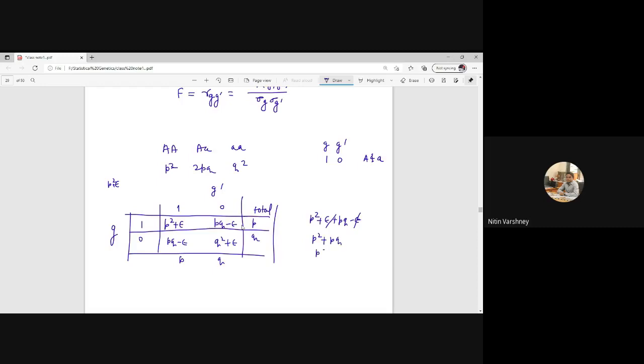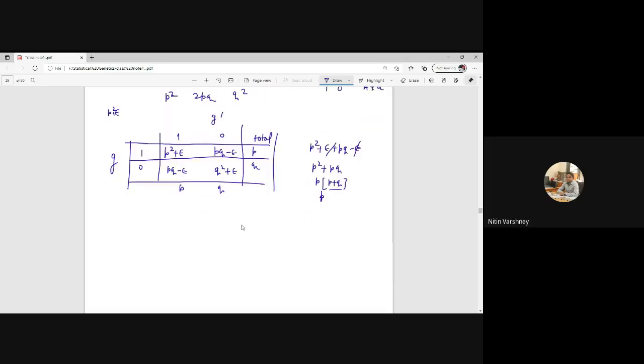If I take the common p, then p plus q, and this is 1, so we will remain with p. So that's why we are doing these changes. Now, if we calculate this, f is equal to covariance of gg prime upon sigma g prime. Now, I have made it as a Bernoulli trials of success and failure. And this covariance, if I calculate, this will come over epsilon, and this sigma g sigma p is nothing but means I can write p and q just like in Bernoulli distribution, remember.